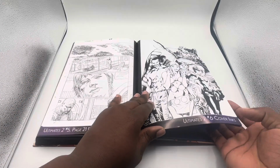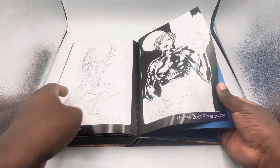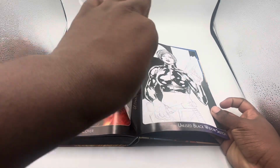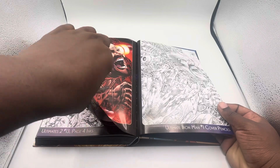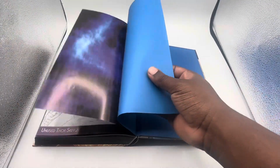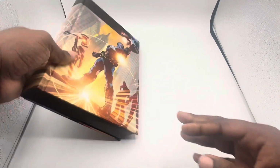Here's some more sketch work from Ultimates 2. Who's this character? I have no idea. I have to see who that character is. Definitely have to see who that character is. You see, you get some awesome shots. Unused Thor sketch. Unused Black Widow sketch. So you get some stuff that was unused. Ultimate Iron, this is actually Ultimate Iron Man. You see, that's pretty cool, because you do get some offspring of this. I read Ultimate Cap as well, I want to say. But yeah, that was the Ultimate